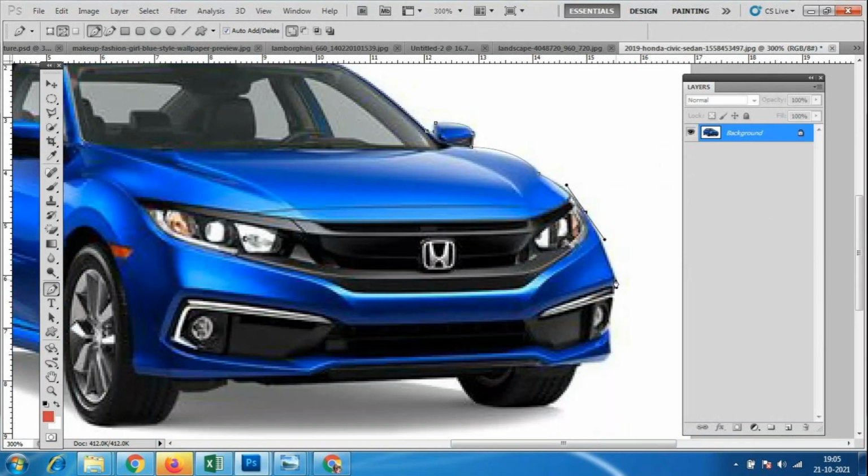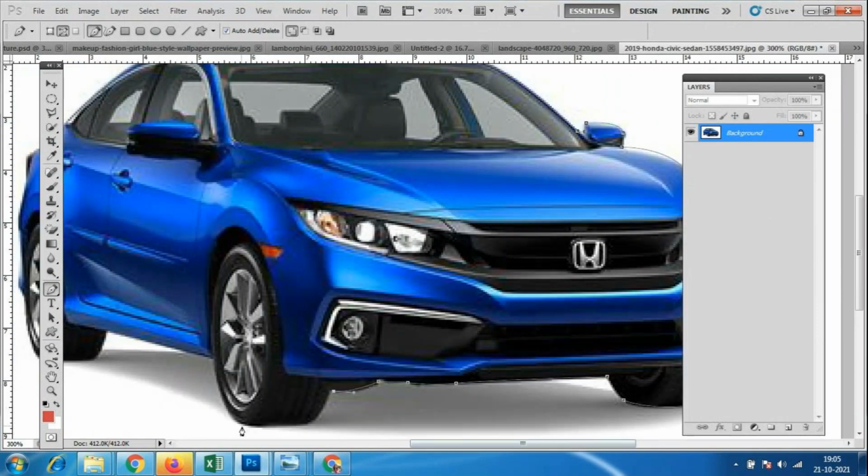So like this only we have to click, we have to do so many times. It is like how you use the polygonal lasso tool, like that only, but we will get curve shapes. Here you can bend it, so you will get curve shapes. Using the polygon tool we cannot create curve shapes, and we cannot add colors, but in the pen tool we can create curve shapes and we can add colors also. So you can see the difference. If we practice it, you will get to know the difference.